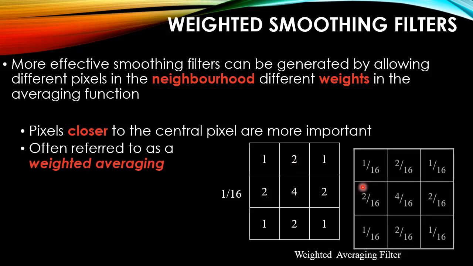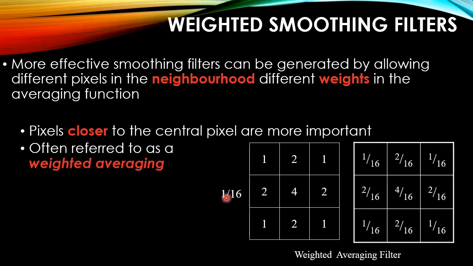You can also represent it like this. You take the 16 outside as 1 by 16, because it's essentially an averaging filter. The total number of weights, or the coefficient values inside, is given in the denominator, and these values are basically generated using a Gaussian function, and we'll learn more about the Gaussian function or filter in the frequency domain filtering techniques.